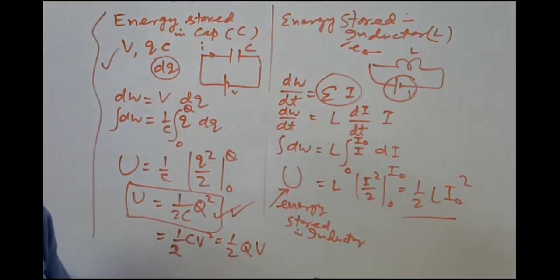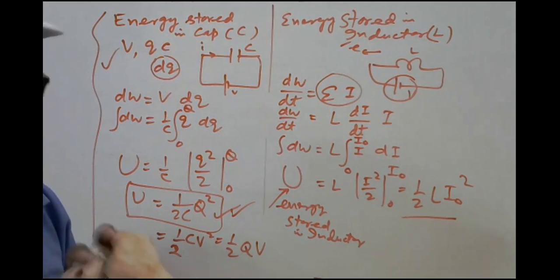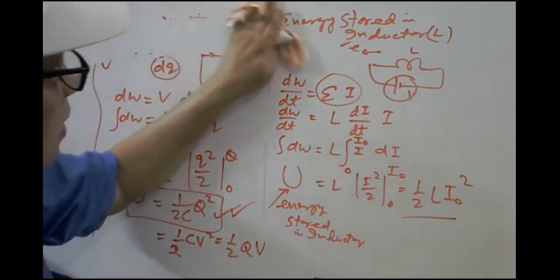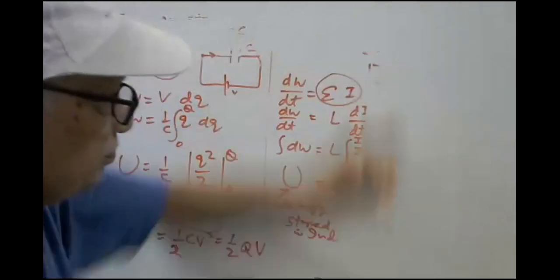Because in the ideal case, we derived just two days ago that the average power in an inductor is 0. Power loss in the capacitor is also 0. Just recall that we derived these relations for average power over one cycle: the average power in both inductor and capacitor is 0. So suppose we discuss this case, LC oscillation. Although time is less, so I will discuss it tomorrow, but I am giving you the idea of what we are going to discuss.